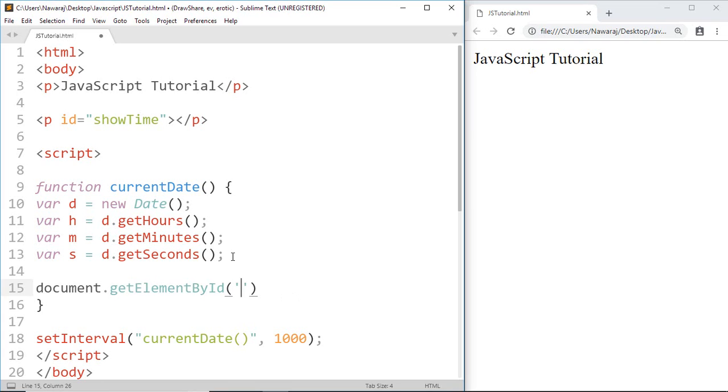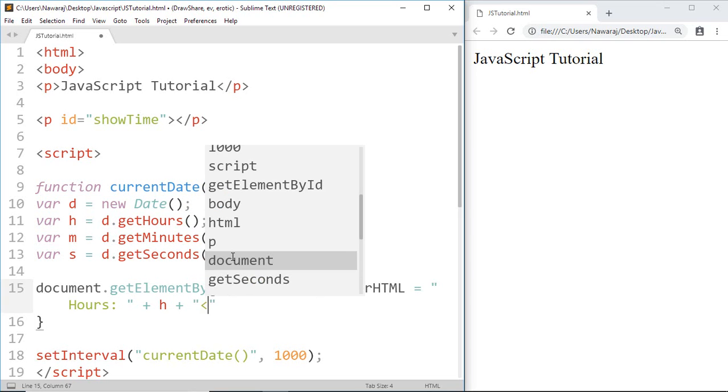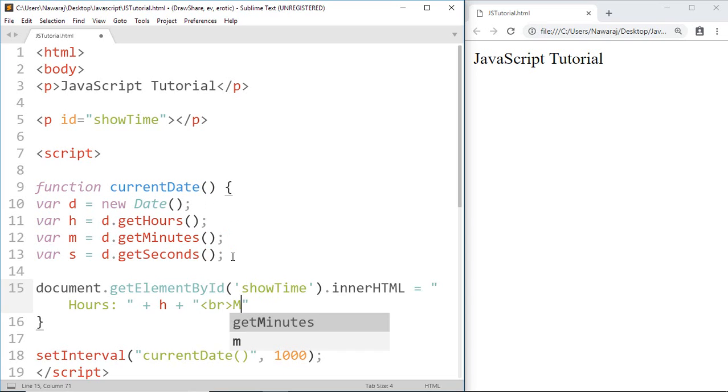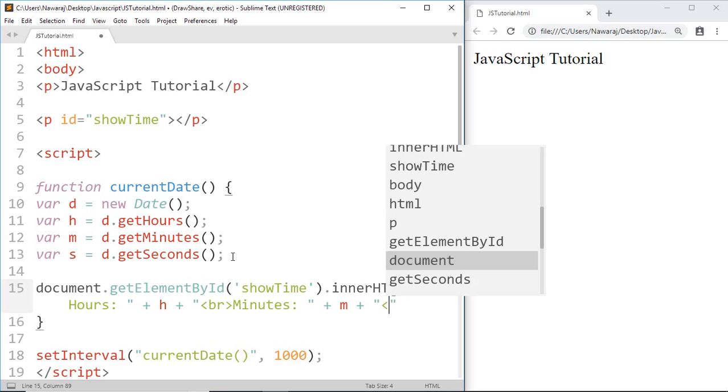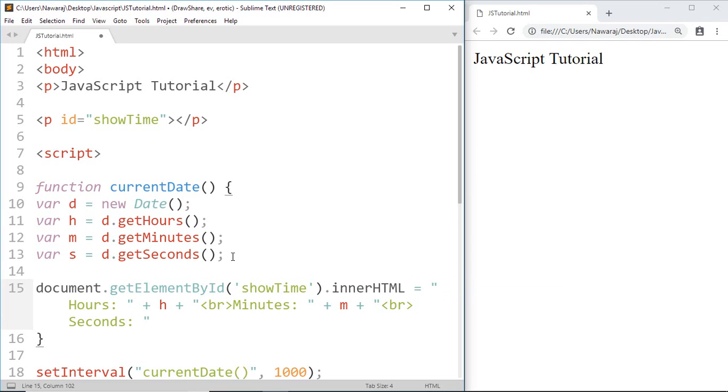Then write the id of the paragraph, showTime.innerHTML equals h colon m colon s. Save this,